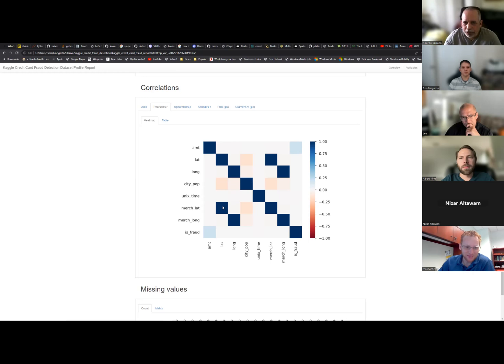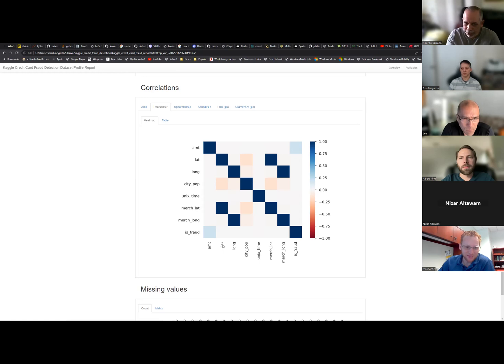The other one that you can appreciate is that latitude and merchant latitude is almost 1. So the latitude and the merchant latitude are basically the same information. We can explore it in a scatter plot, where you'll see it's going to be a straight line. So what we can say is that latitude is really the merchant. In other words, when you use that credit card, the merchant location was the one that was retrieved from those